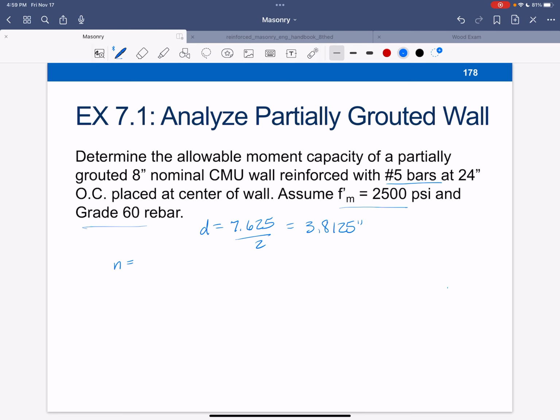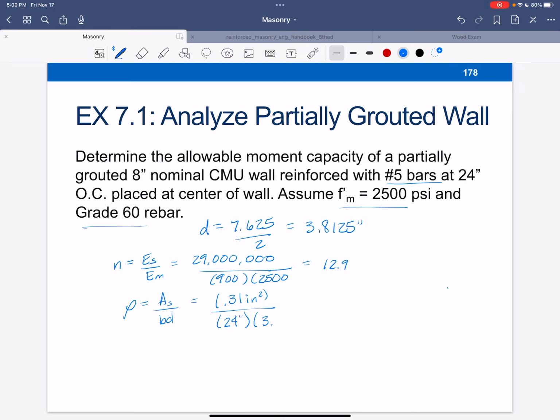I'm going to need to find my k value. So this is different, an additional step. Steel over masonry is going to be 29 million over 900 times 2500, and I get an n value of 12.9. All right, I need rho as As over bd. It's one number 5 bar every 24 inches. A number 5 bar is 0.31 inches squared. The b here is 24 inches, and d is the 3.8125 inches, and I get a rho value of